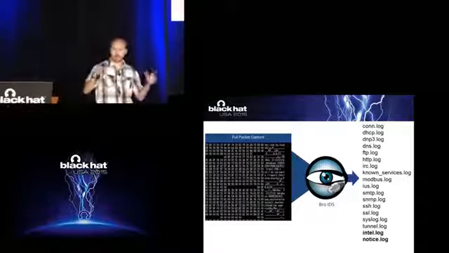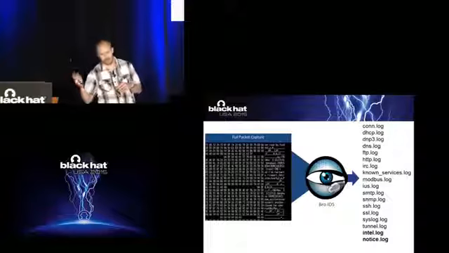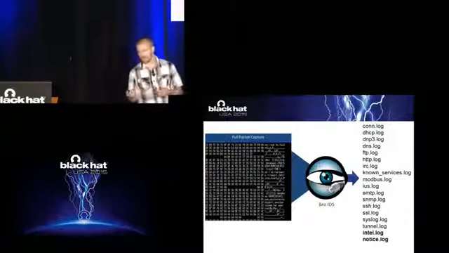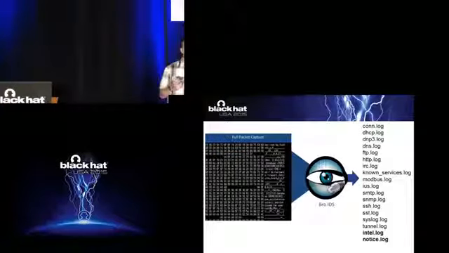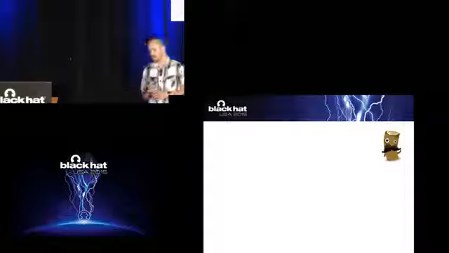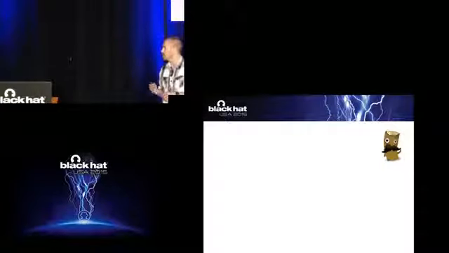So, I can actually back up a little bit. As it does all this, it writes it all to a log file. You can see a list of some of the sample log files that we have here. And Splunk, Tripwire Log Center, there's a lot of them out there. A really cool open source one is called Logstash, and they have probably one of the best logos for a